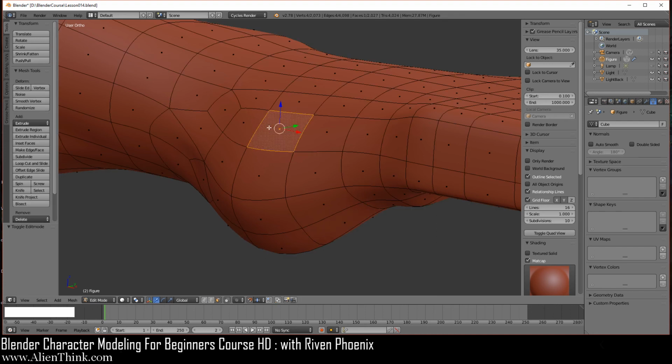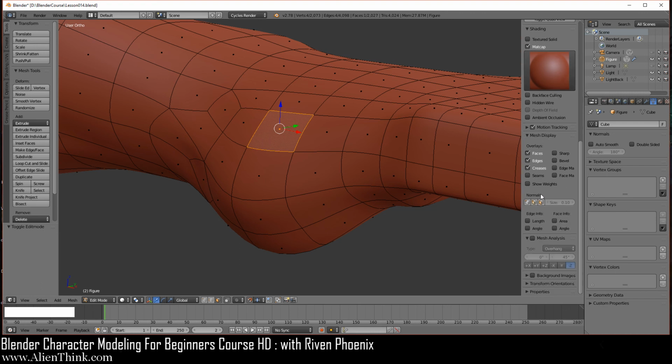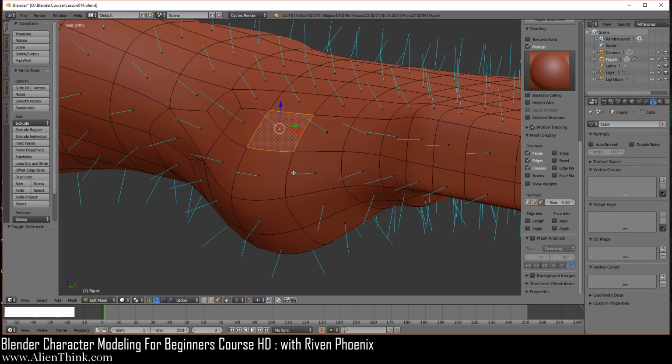Now, in order to see what angle these faces are pointing at, if you come down over here under the mesh display, you can see that we have something called normals. If I click on this face, you get these blue lines, and you can see how these blue lines are starting to turn. So this gives you a general idea of which direction these faces are pointing, right? And this is how Blender is able to use this information, really these angles, to determine how to render this correctly in the 3D viewport. Obviously, it's going to do the same thing when you render it in your camera view.